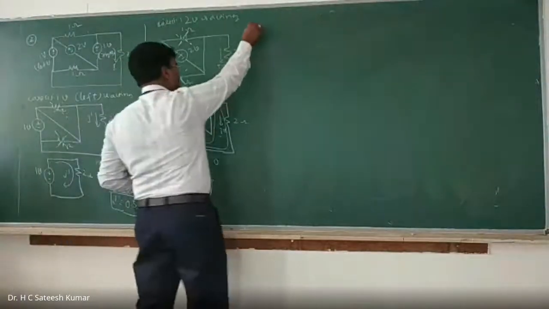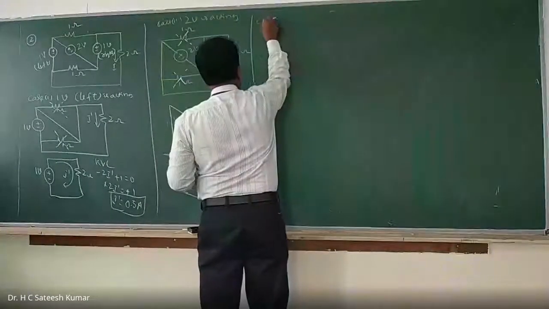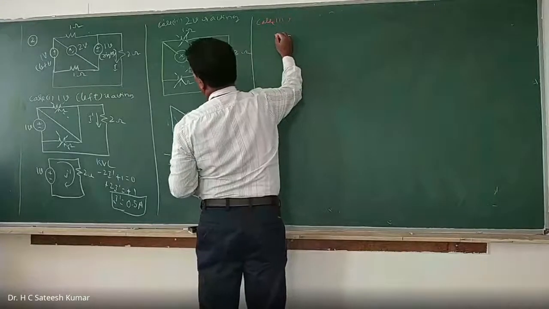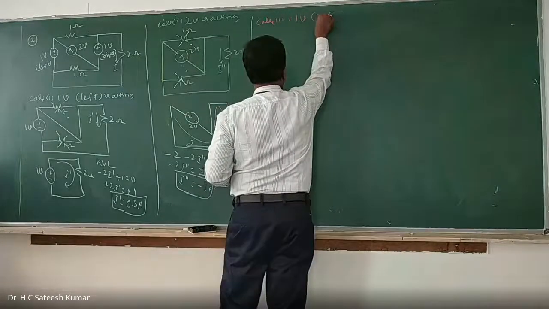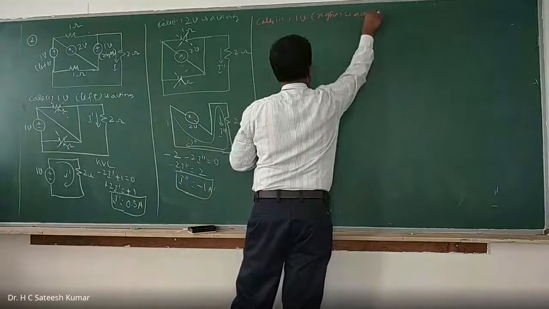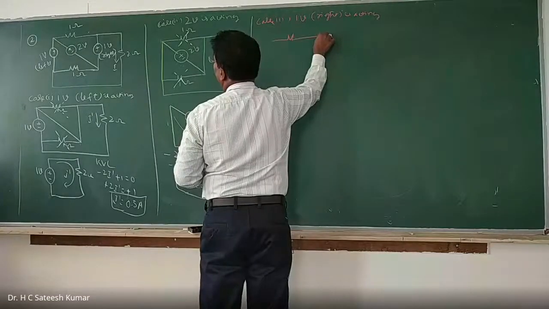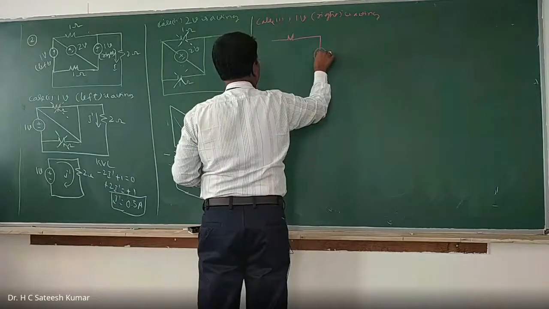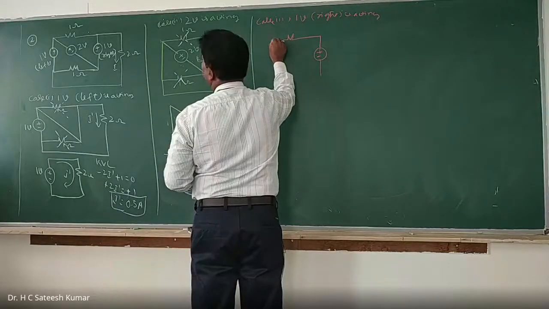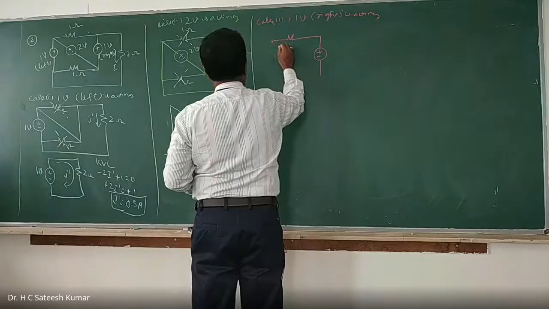Next we go for the case 3. Case 3. What is that we have? 1 volt source, right? The right side source is acting. So now what is that we have? Resistor. 1 volt source is there, plus minus. And this is open. This is also open. So now what is that we have?